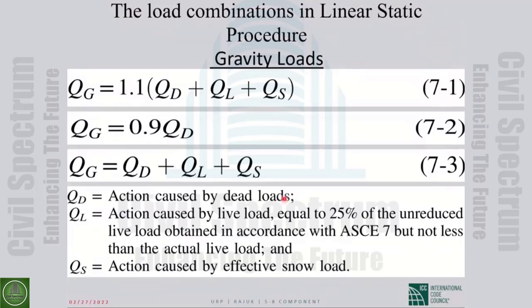And again, you can see that it varies from code to code and different versions of code. For example, in the previous version, we didn't have the snow load in the gravity load combinations, but now we have snow in some of the codes. We have a snow load. Generally, load combinations, both for gravity and gravity plus earthquake, the number of load combinations is less for existing buildings. Because for existing buildings, at least there is less,